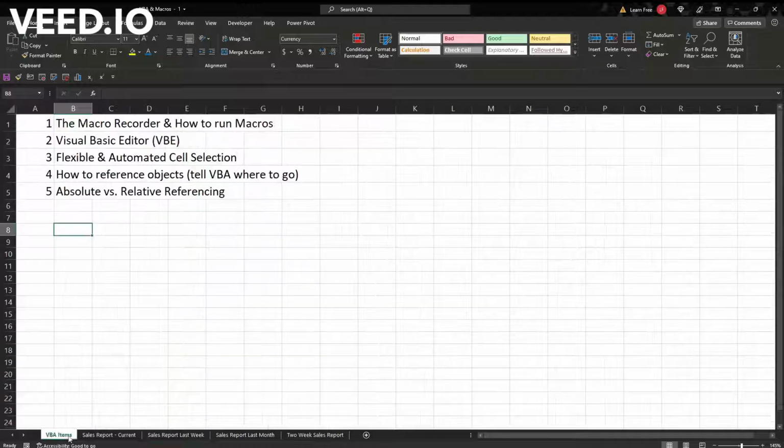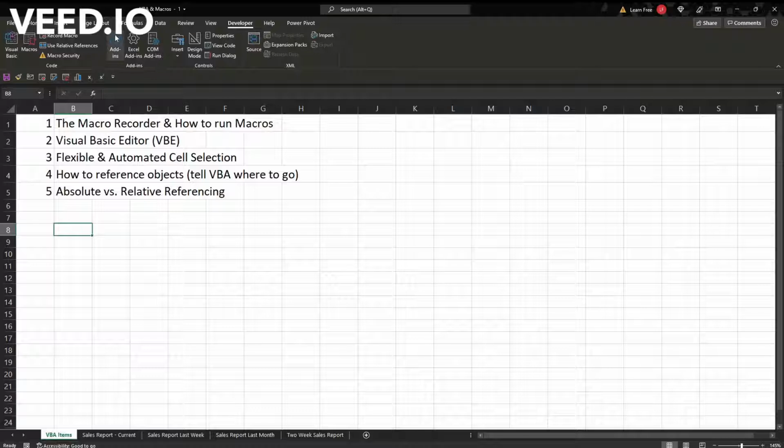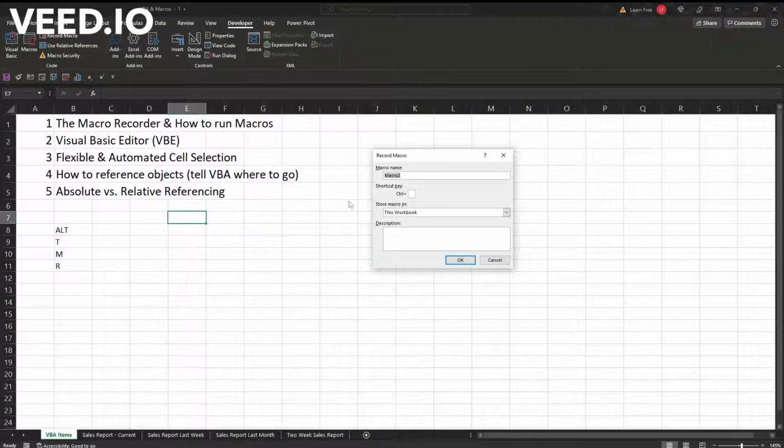All we do is you can go right here, Developer, and you can hit either Record Macro here, you can hit Record Macro here, or you can use the hotkey, which is Alt-TMR. Alt-TMR, and then it will record it, and that starts and stops it. So we'll try it that way. Alt-TMR, and we'll call this